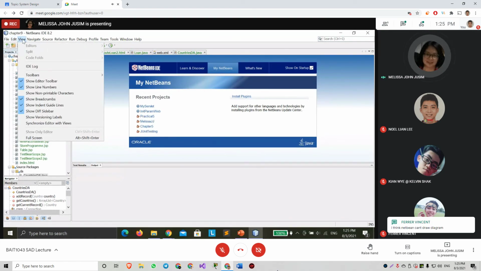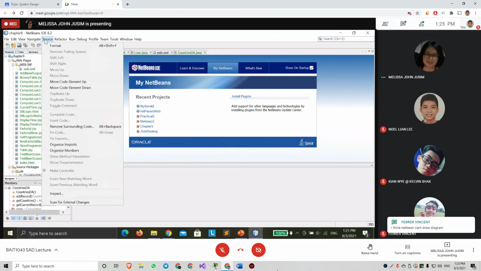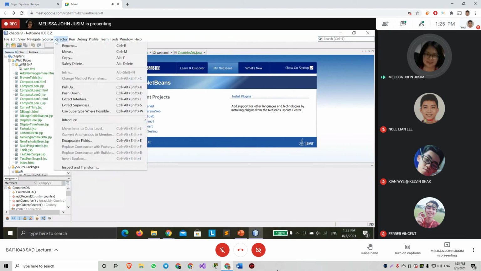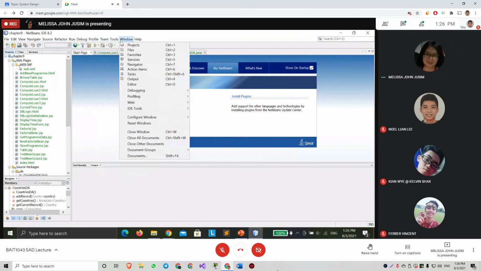There's an editor. I think there's no diagram. Yeah, there's no diagram. IDE tools.